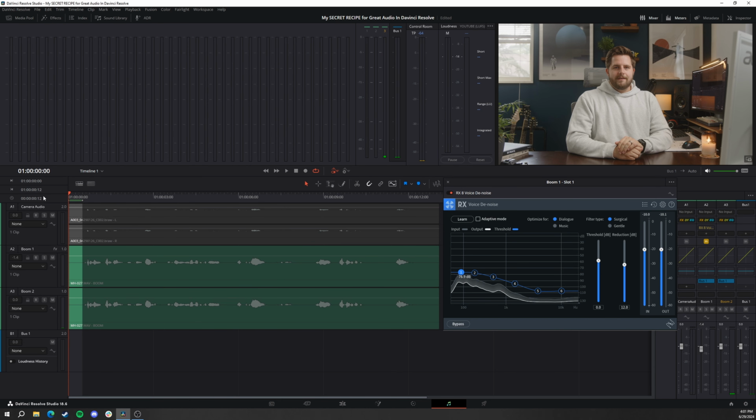If I ever am in a situation where I'm not really sure if it did a good job, I set my in and out point here at the very beginning of this track and I loop the audio by hitting this button. Then I can make sure that the noise reduction is working properly by maybe turning up my headphone mix or turning it up on your computer just so you can hear where it's actually going to town on this noise. So that sounds pretty good to me. I don't hear any more noise, which is a good sign. So if I turn this off,